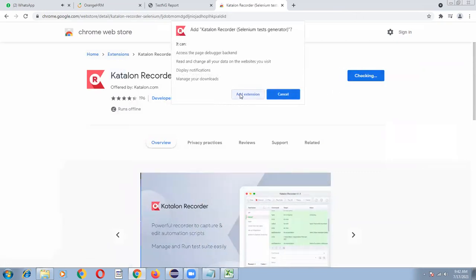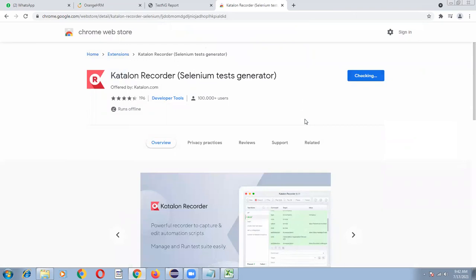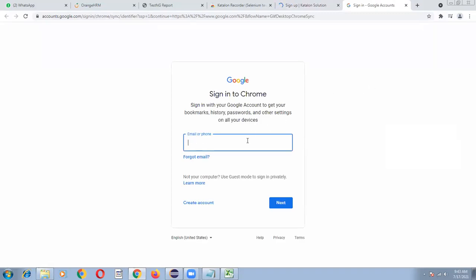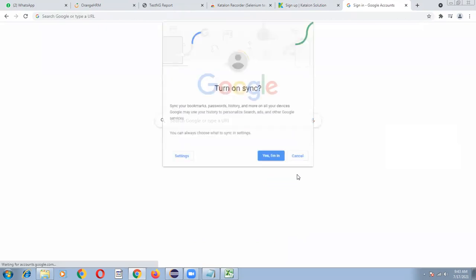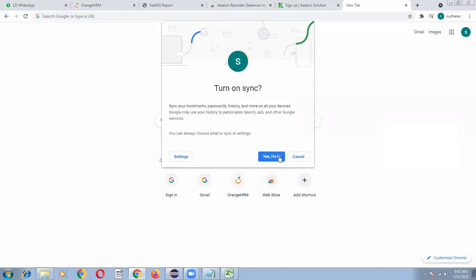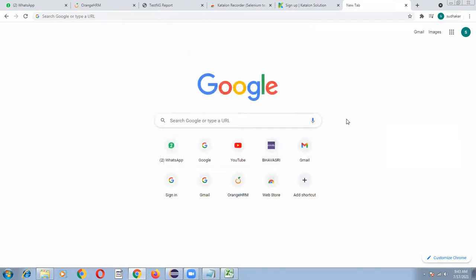Click on add extension. Turn on sync. I'm giving my Gmail credentials. Yes, I am in. Now my Katalon Recorder installation is completed.